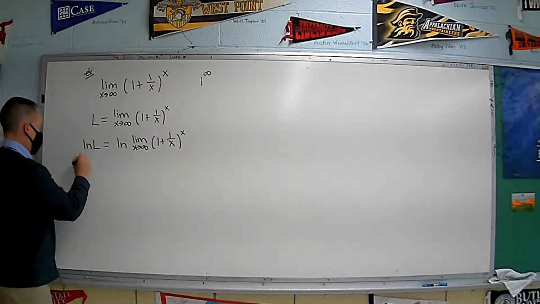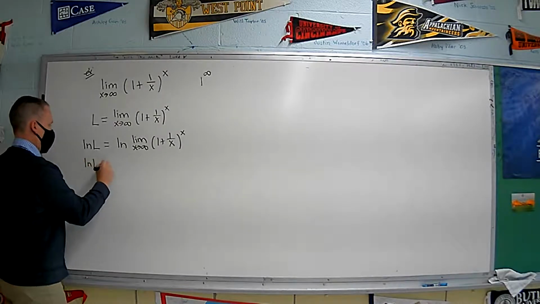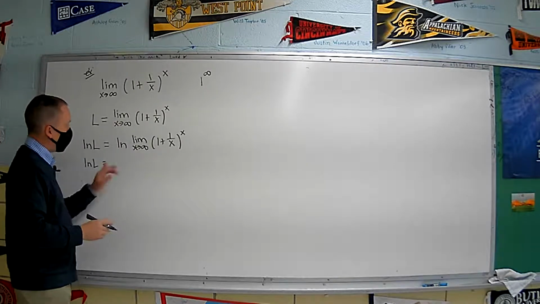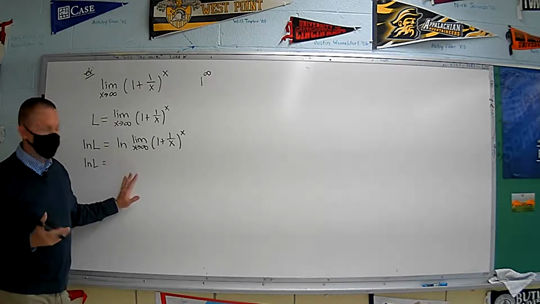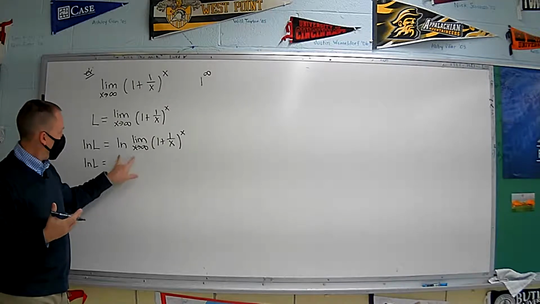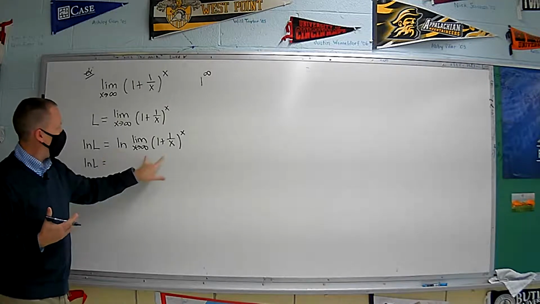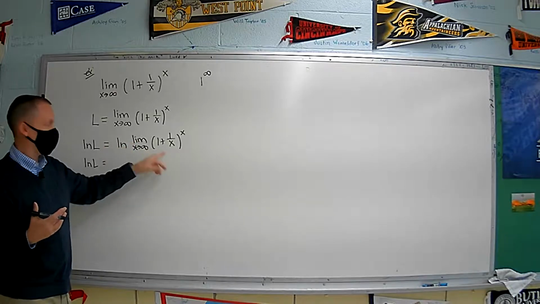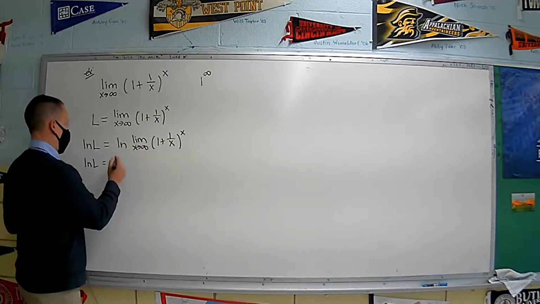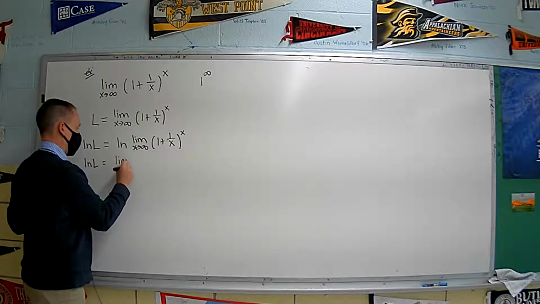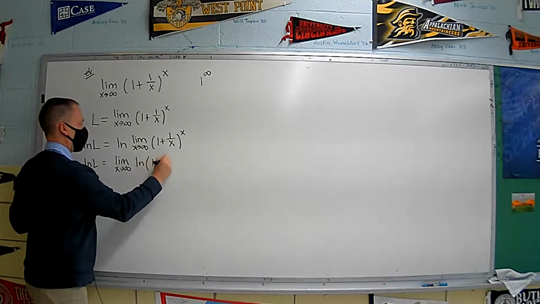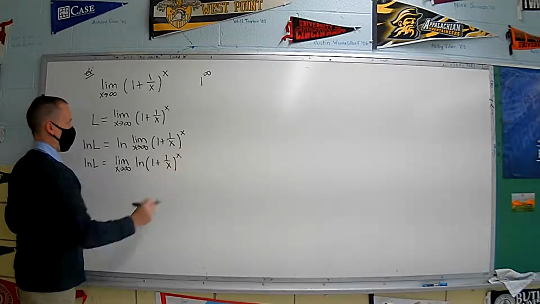And so I'm just going to keep writing the natural log of L here on the left side. Now, right here is kind of a weird step involved in this problem, and that is if I'm taking the natural log of this limit, since things are pretty much continuous after x equals 0 here, I'm allowed to say that's equivalent to the limit of the natural log of all that. You can interchange those.